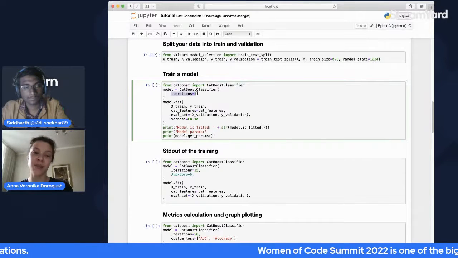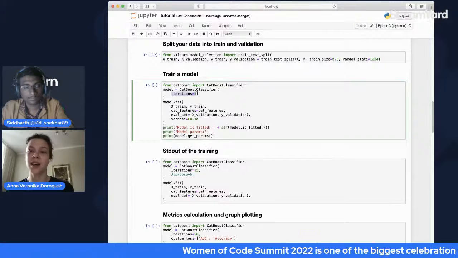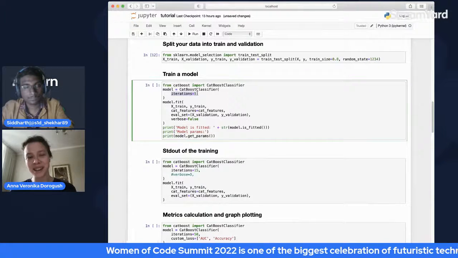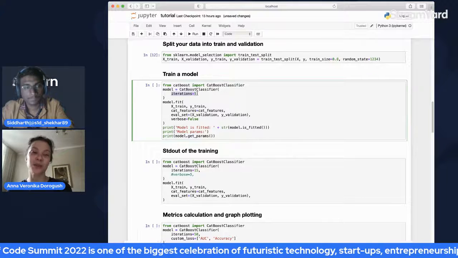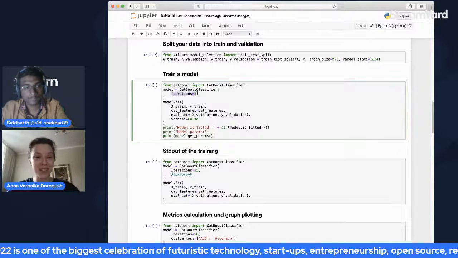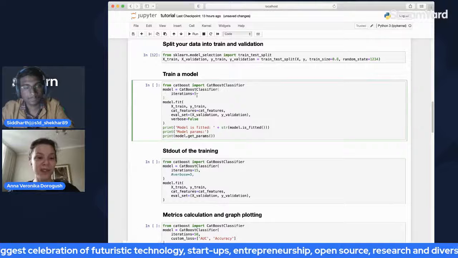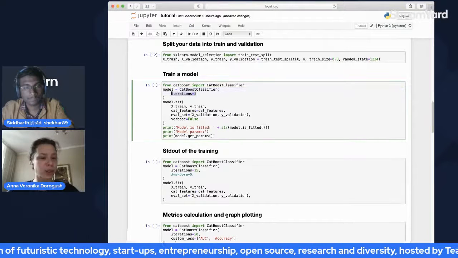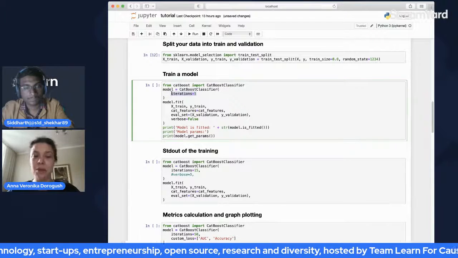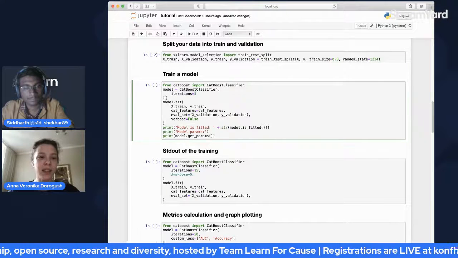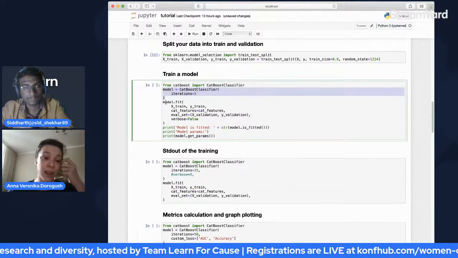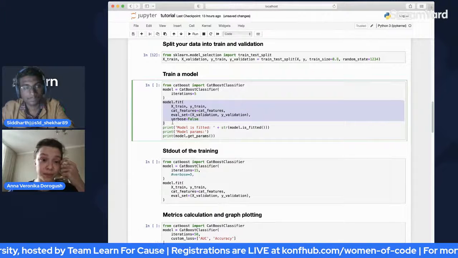By default, in CatBoost, it's 1000. But it takes a while to train a big model with 1000 trees, and I want to show you something very fast. So I will train a model with only 5 trees, which will not be a good model, but it will be a good example. That is how you create a model, and that is how you fit a model.